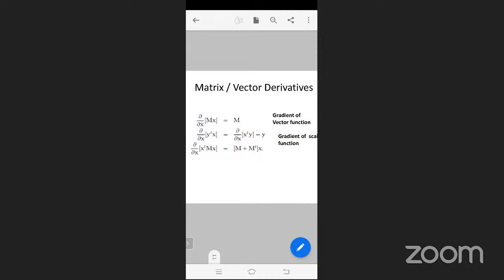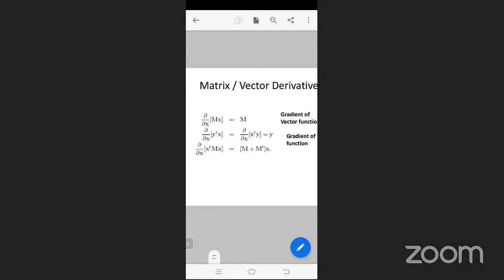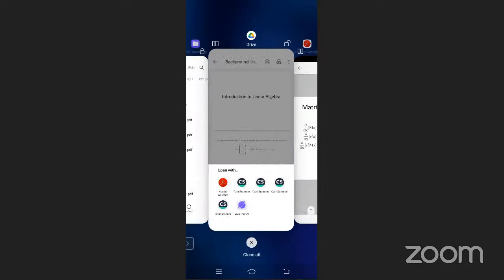Dou by dou x of x transpose Mx is equal to M plus M transpose x. So you will have to remember that also. See, if we were doing it in a very conventional class, meaning like if you were doing this class for an exam, then I